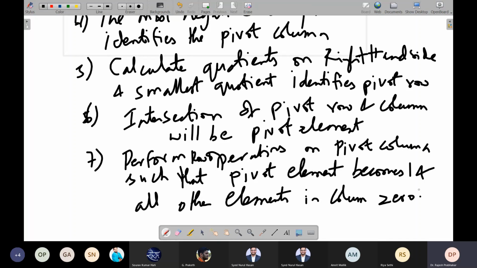This process we call the Gauss-Jordan elimination method, or you can also call it the reduced row echelon form.